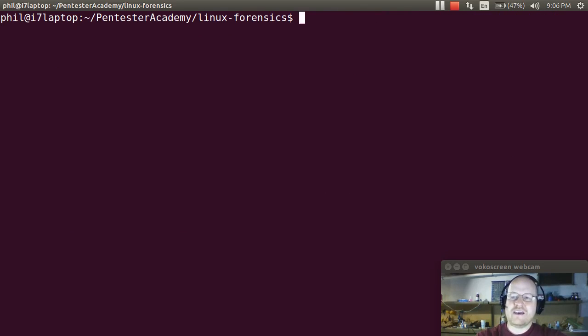Recall when we talked about the Sleuth Kit, we talked about body files and how you can create a body file. So let's do that. And the plugin for that is actually called linux_dentry_cache. And this will create a body file. So if I do linux_dentry_cache and I redirect that to a file, call it body.txt, then I